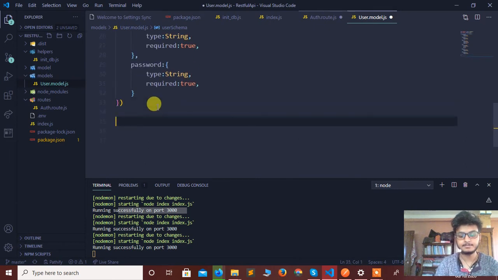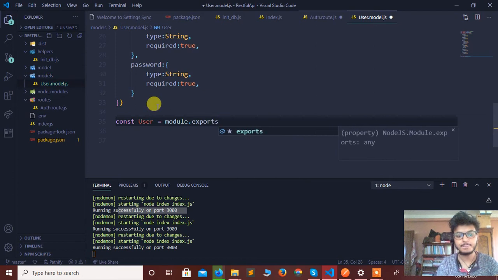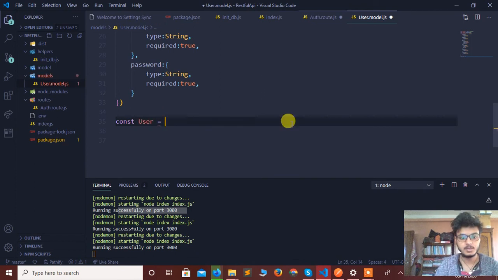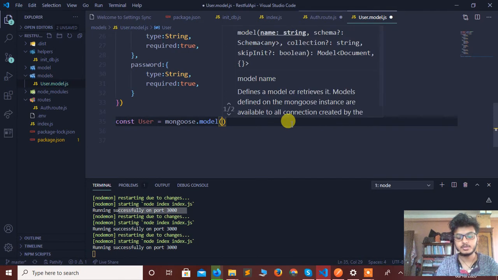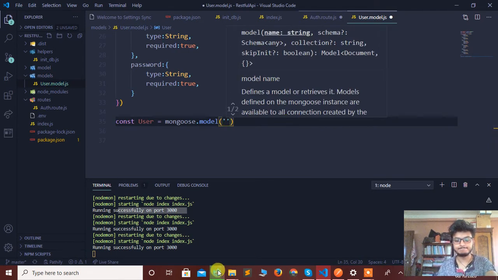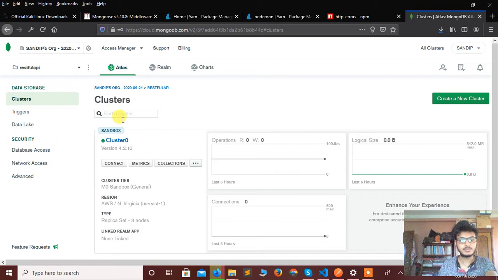Let's get const capital User. User is a variable. Const User is equal to module dot exports. Const User is equal to mongoose dot model. Let's get, so we have